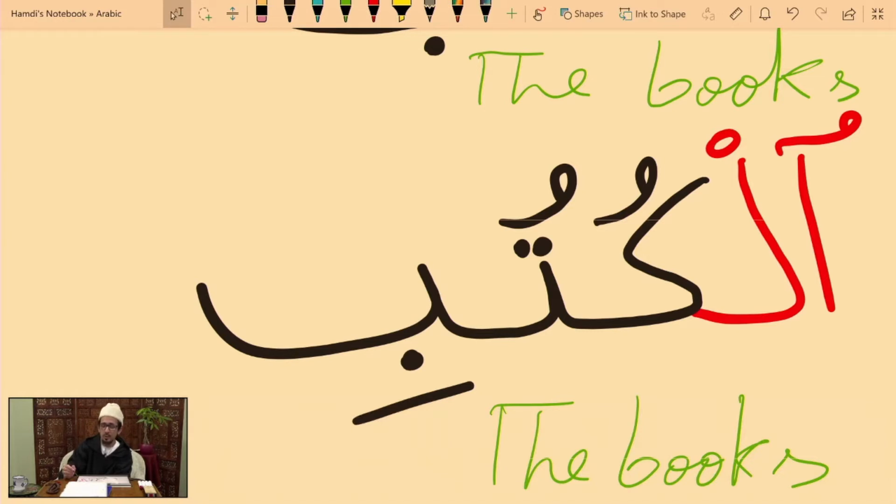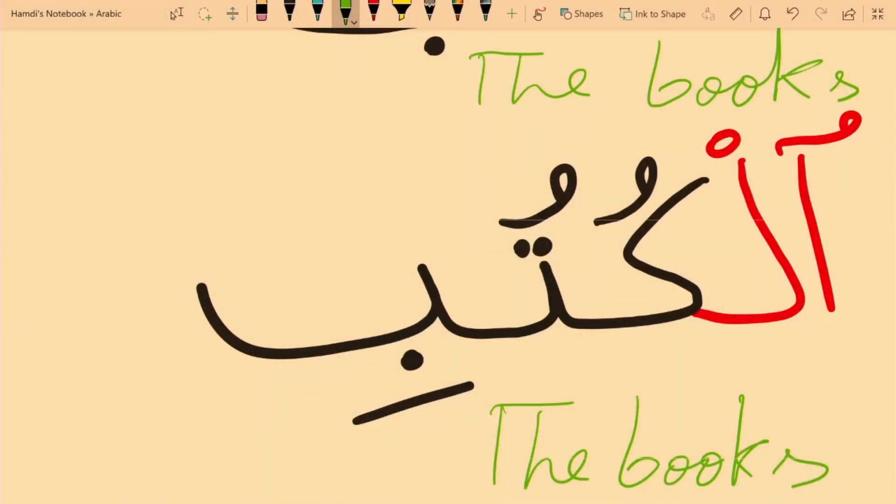So for you now, I want you to memorize that to make the noun definite, like in English we have the, the equivalent of the in Arabic is al. And to make the noun indefinite, like in English we have the tool a, or nothing for the plural, in Arabic, the tool is the tanween, and that's duplicating the movement of the last letter in the noun. So,